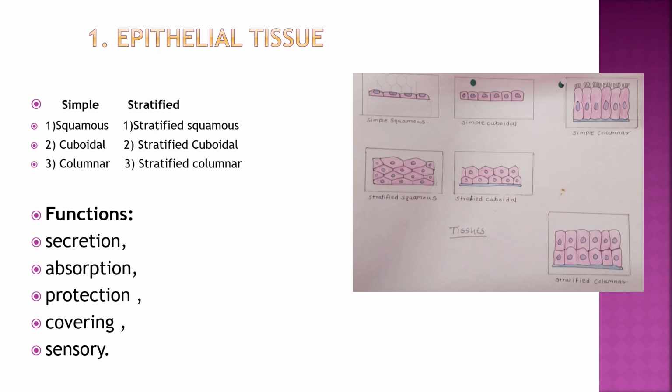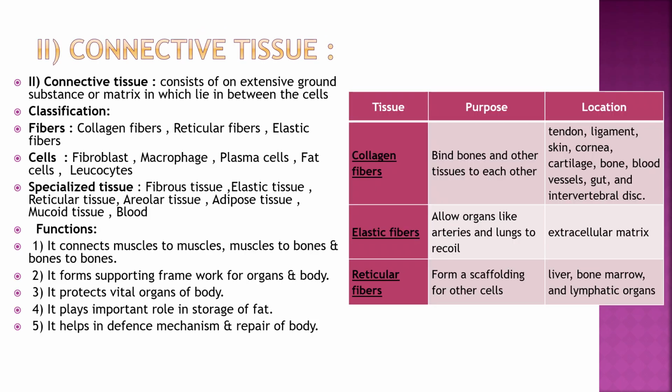Second is connective tissue. So mainly it is blood, that is liquid connective tissue. Then fibrous tissue, elastic tissue, adipose, reticular tissue, and cartilage. So cartilage is of three types: hyaline, fibrous, and elastic cartilage. So the function of connective tissue and cartilage is to connect systems, covering, protection, and shock absorption by adipose tissue. Third is